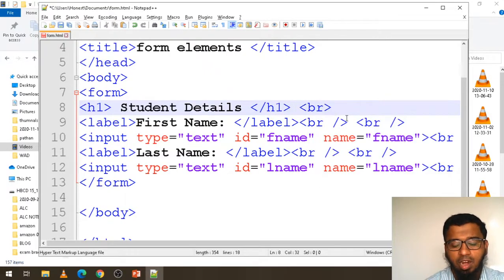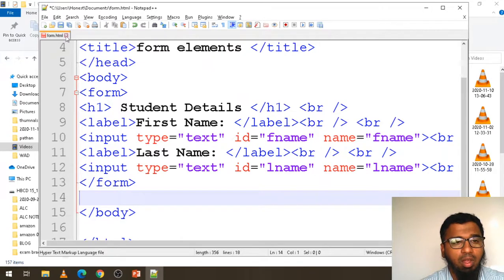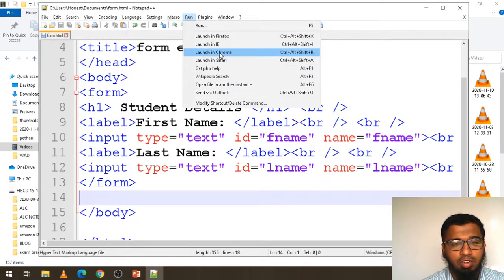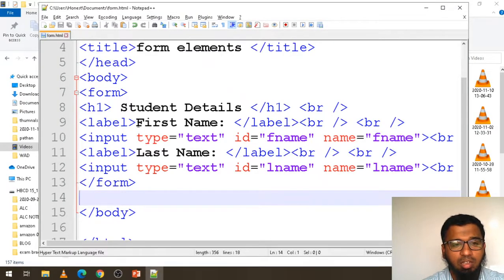Directly you can write BR like this or BR slash. Okay, once again I am saving the file, go to run, launch in Chrome. See, student details, first name, last name. So here also you can give the BR, and as well you can apply formatting to this text. As we already discussed in the last class, you can give the formatting for the text.